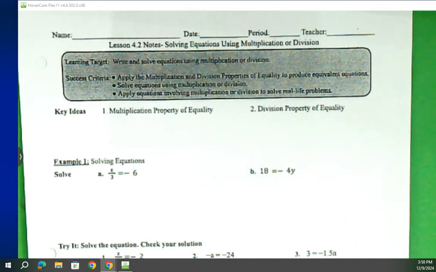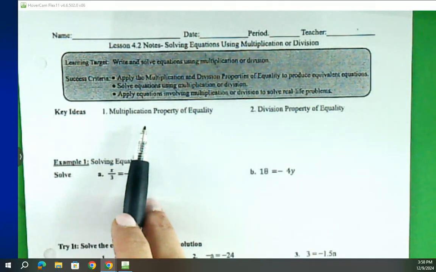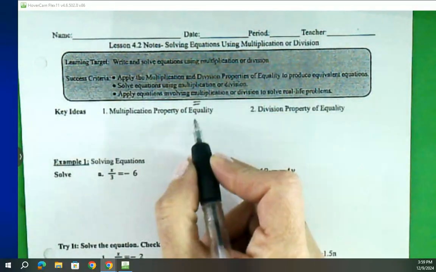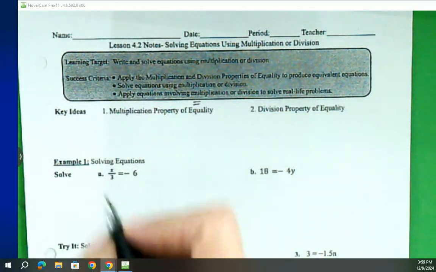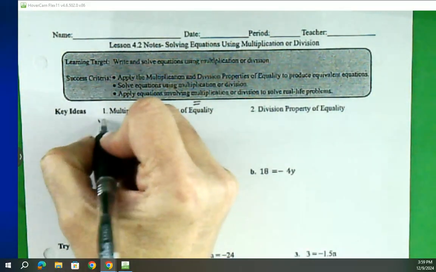Okay, this is lesson 4.2 notes, solving equations using multiplication and division. There are two key ideas or properties that we need to learn. One is the multiplication property of equality, and equality has the equal sign in there. And basically what the multiplication property of equality says is that you multiply